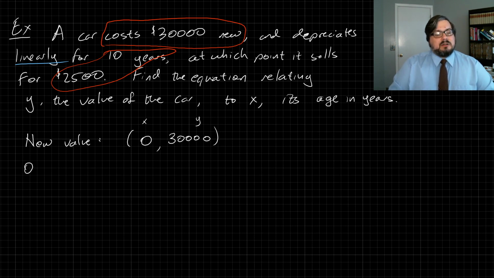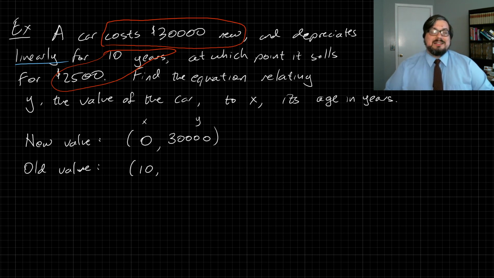And then we're given another value. I'll just call it the old value. We're told that when the age of the car is 10, when the car is 10 years old, the value of the car is $2,500. Well, now we have 2 points. And as long as we have 2 points, we are able to find the equation of the line containing those 2 points. So, of course, the first thing to do is to find the